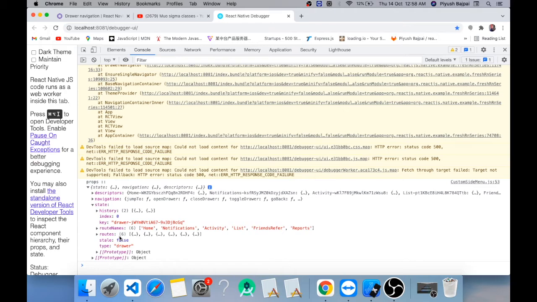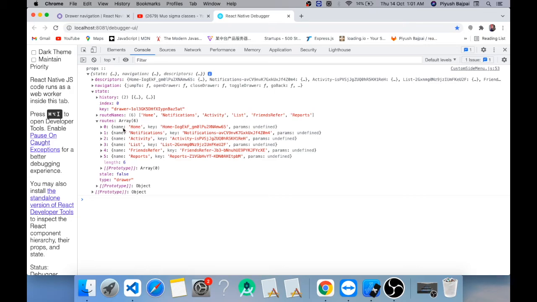But right now I want to use the name so that I can navigate to the specific component. So you will get these name and the key. I need these names, right? Names are important because in order to navigate to a specific component I need names. So I have names now.